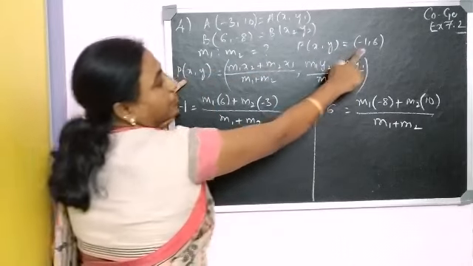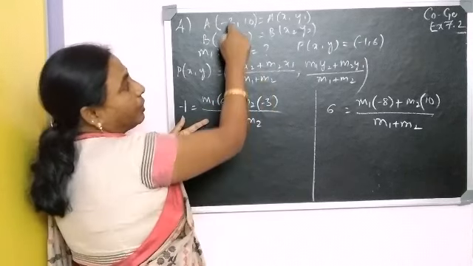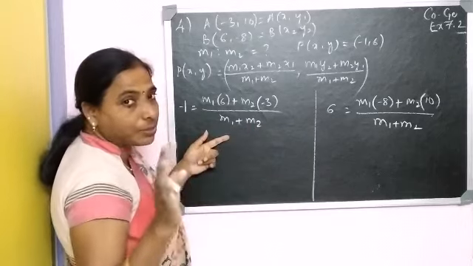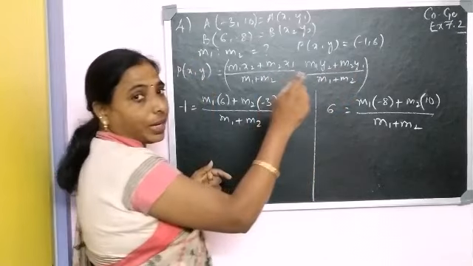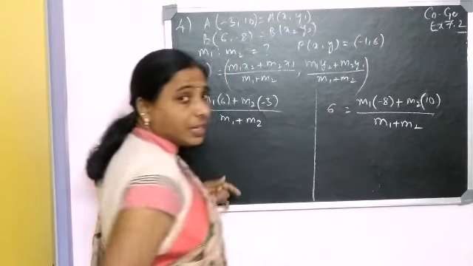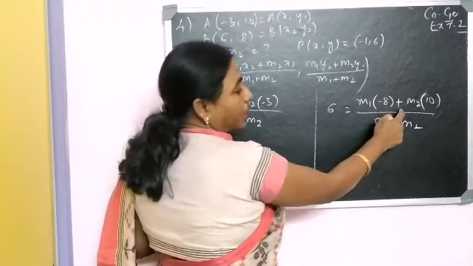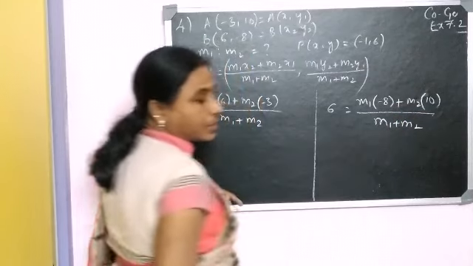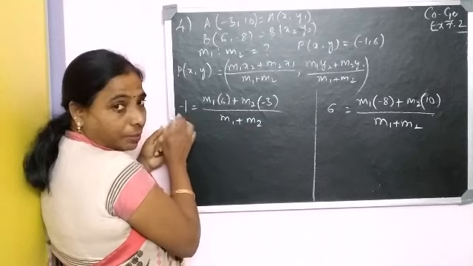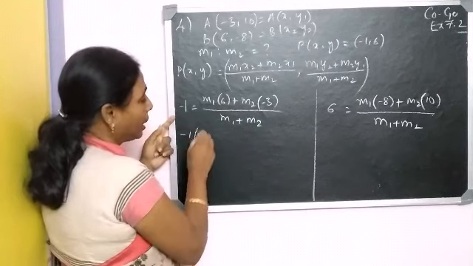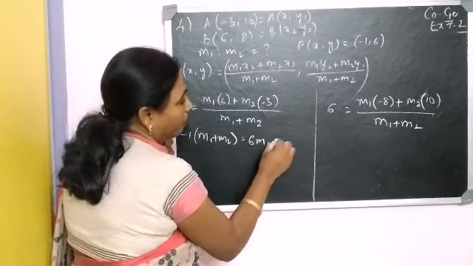Now x here is minus 1, therefore minus 1 is equal to m1 x2 plus m2 x1. So we have to take these two, and again m1 plus m2 as it is, we have to keep it as it is. Now the next part is this one, that is y. Y here is 6. So 6 is equal to m1 into y2 plus m2 into y1. Y1 here is 10. Let us continue it here. That means this m1 plus m2 should be taken to the other side, multiplied with minus 1. So minus 1 into bracket m1 plus m2 is equal to 6m1 minus 3m2.